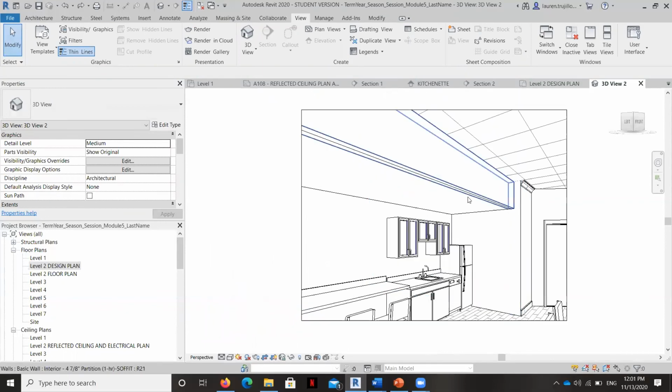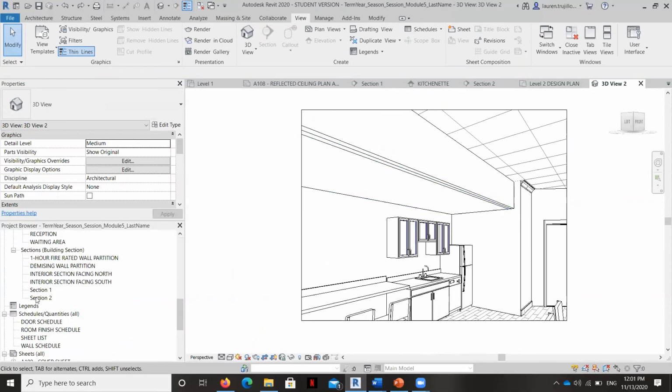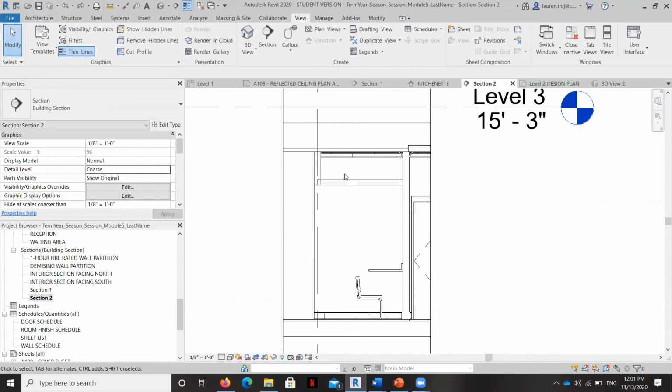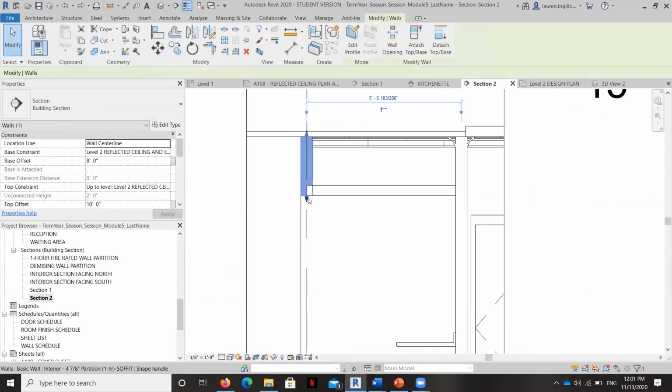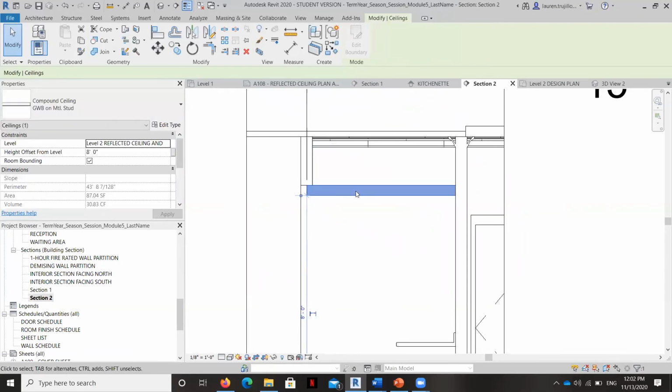Okay, so I'm going to grab a section view and I'm going to move this wall so that it sits on top of this ceiling instead of the way that it's shown now. So I'm going to just take a look at that section one more time. You can see I'm going to bring it up. And I'm going to bring this ceiling out a little bit. And notice it's not going to let me change the profile of the ceiling in this view because this is not the view that I drew it in.